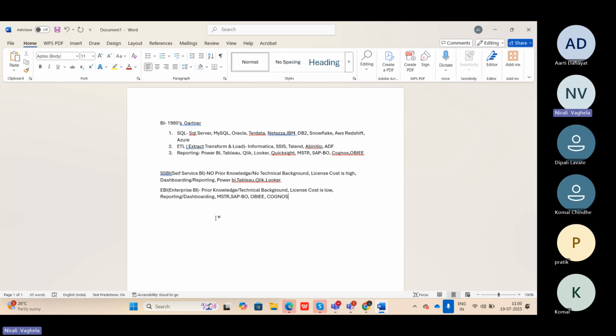Even if you talk about Amazon, Netflix, these companies are also using this tool for their reporting purposes, like how many subscribers they got in a month, how many they have lost, right? What exactly sales they have done in one particular quarter, something like this. So these kinds of analysis they can do with the help of this tool. Okay, so this is what we mean by self-service BI, and that's what we do.